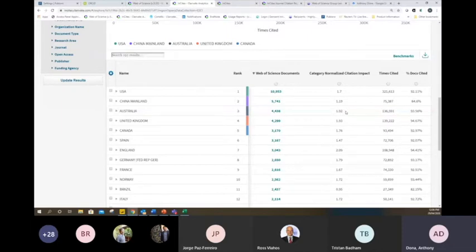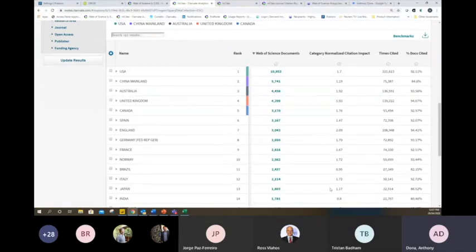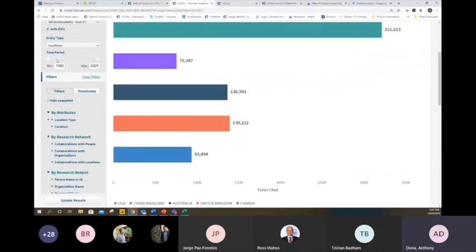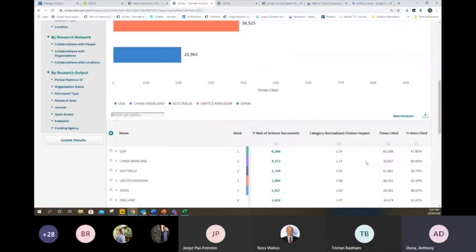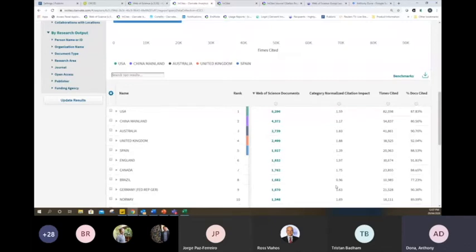You'll notice straight away that our CNCI there, or Australia's CNCI, is significantly better than a number of other countries there, but worse than some others. So we're performing a lot better than Brazil or India or Japan or China in this area of research, but not as well as countries like England or others. Again, we can make this a little bit more relevant if we wanted to. We can look at just the last 6 or 7 years, which will give us completely different numbers that maybe make our analysis a little bit more recent and a little bit more relevant.